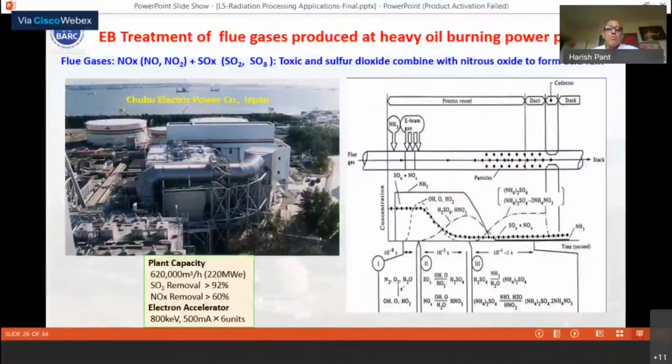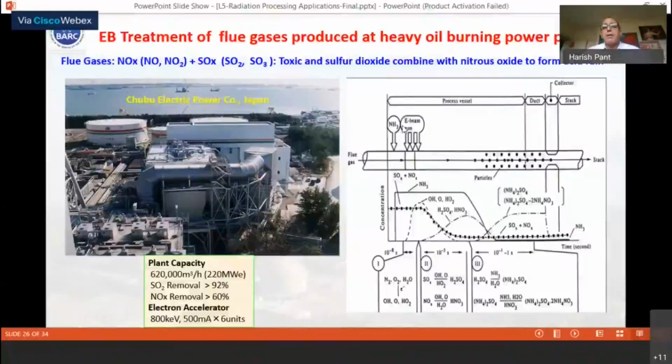In this flue gas, ammonia is also mixed. This is the exhaust pipe of this plant, and inside there will be 3-4 electron beam accelerators. In this exhaust pipe, ammonia is mixed, and water vapors are also injected, and then it is processed